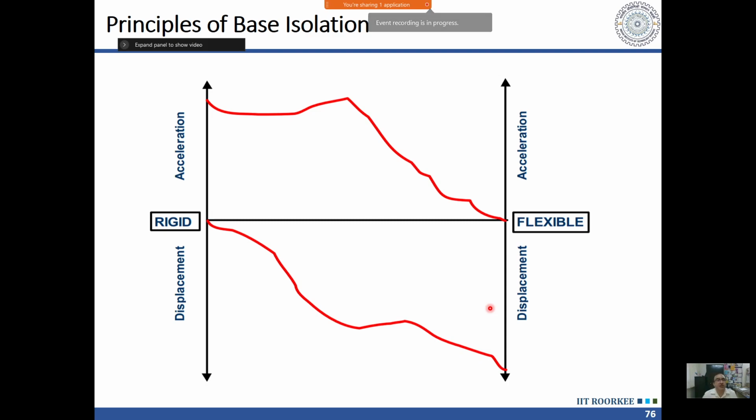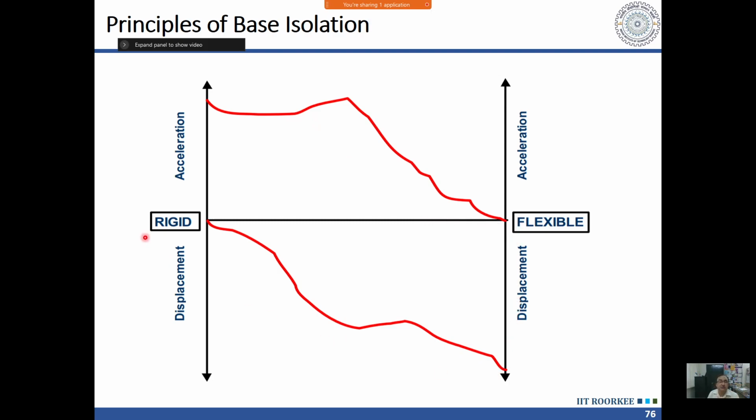And due to that flexibility, the acceleration, this we see from the shape of the response spectrum, we have seen that the acceleration and hence the force will reduce significantly. So we get that advantage that the force will reduce. So I have to design my superstructure for much lower earthquake force, and I have to design my substructure and foundation for much less force, because the Sa/g value will reduce due to increased period.